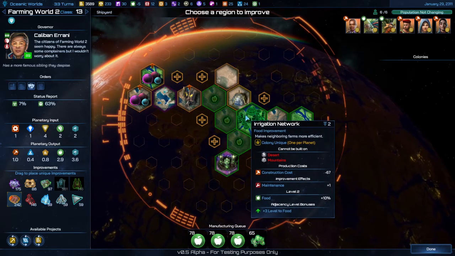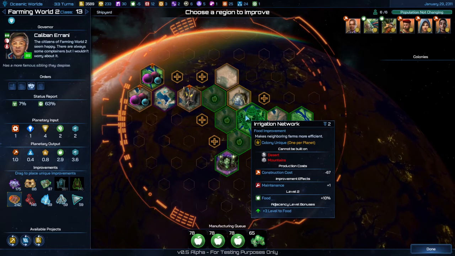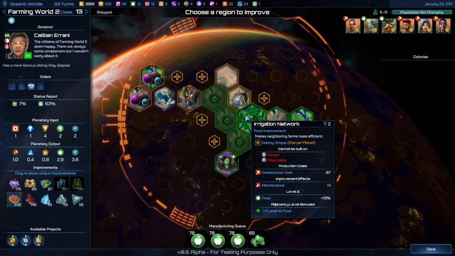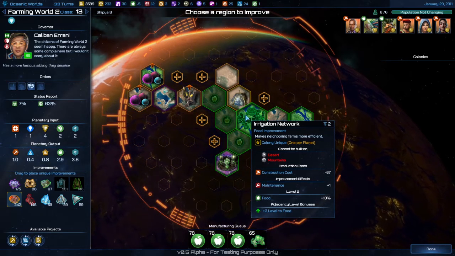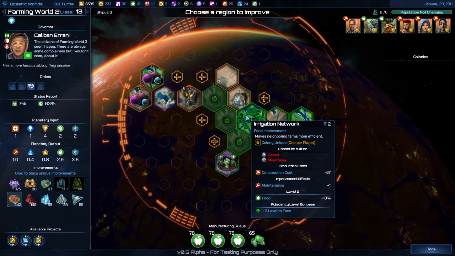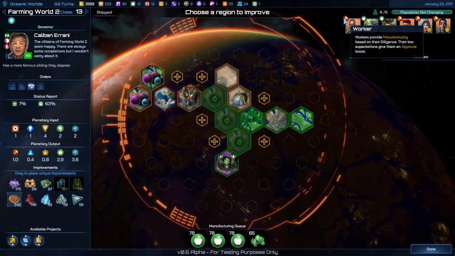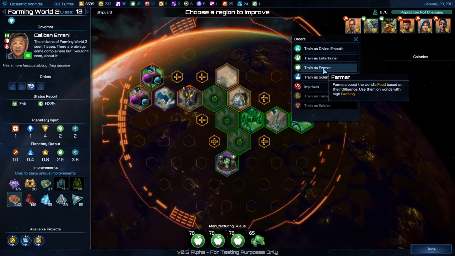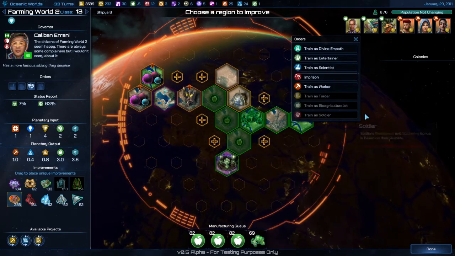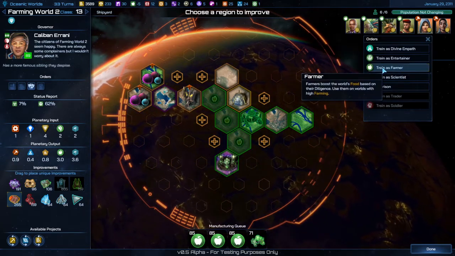Now, you do not want to build an irrigation network on every colony you have, because they have a maintenance of 1 every time you build an irrigation network, and you'll eventually run into the second big problem in this game: running out of money. There are additional things that you can do. You can click on your people and you can change their vocation to farmers. You can do this to anyone you want as soon as you research farming,